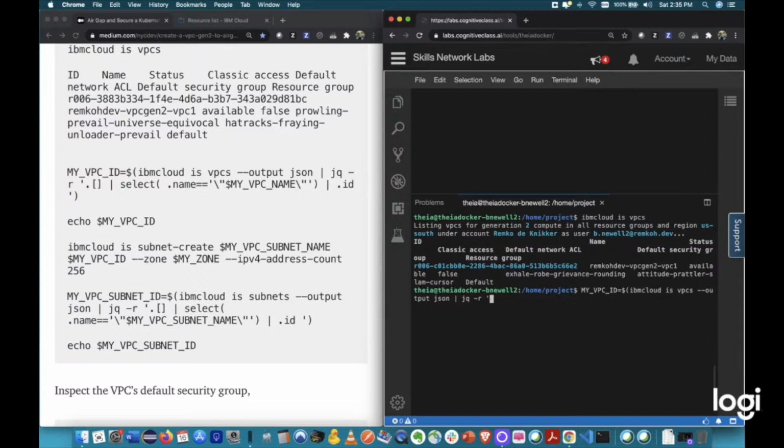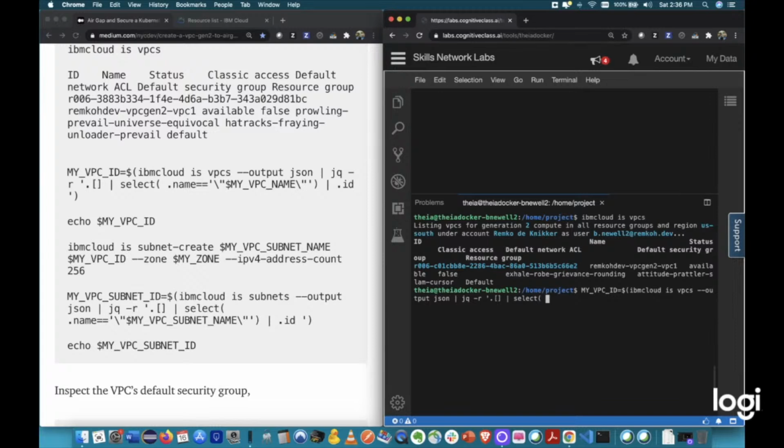And I'm being returned an array. In this case, there's only one virtual private cloud in it, but there could be more. I'm just pulling out the array, and then I'm telling it to pipe it to a next function, which is to select